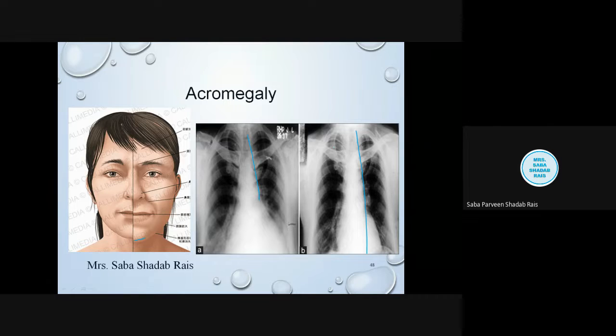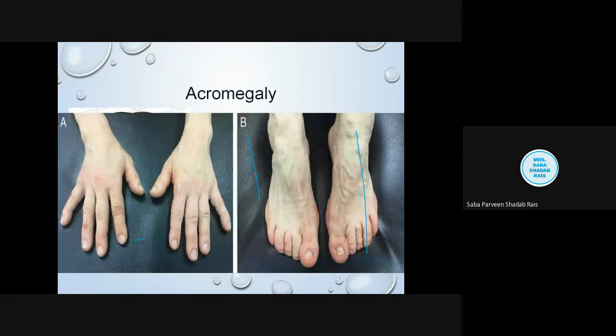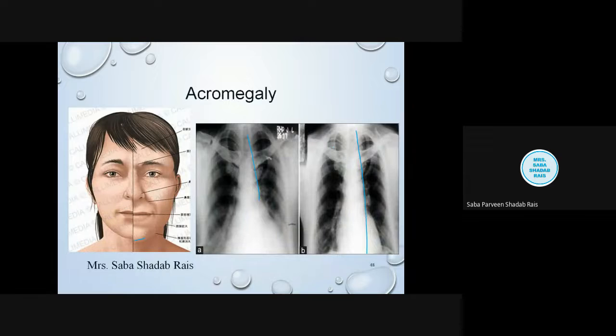Is that clear? So let us revise the symptoms which we observe in the case of acromegaly. First, we will be observing the swelling of the hands and feet. And next, we have seen that they have protruding jaws. The nasal bone is going to enlarge. Jaw size will increase, so what will happen? The teeth will space out. They have overgrowth of the bones and cartilage, and this is going to lead to arthritis and joint pain. The diameter of the chest is going to increase. Now in which direction? Anteriorly and posteriorly, the diameter of the chest is going to increase.